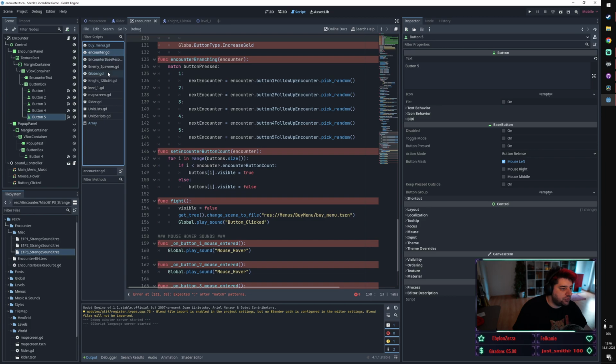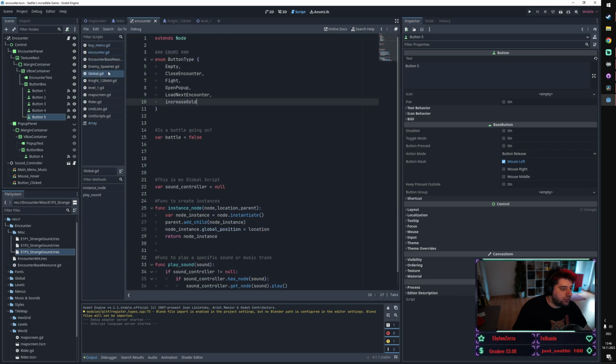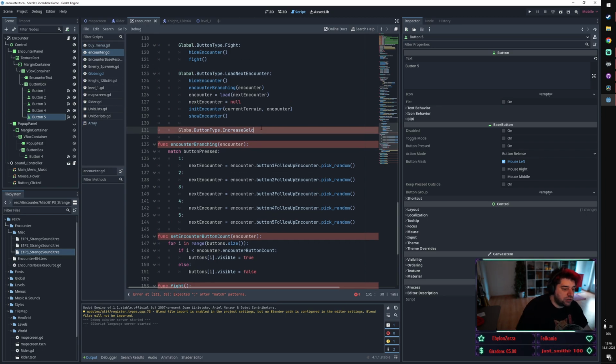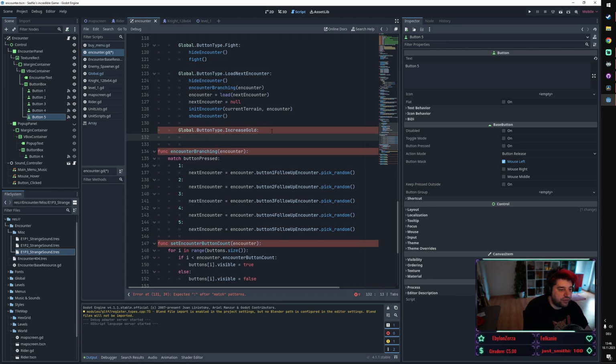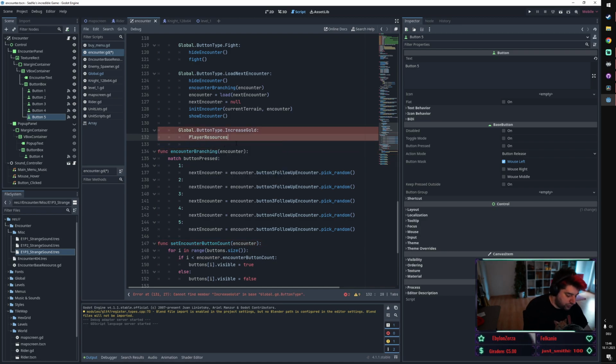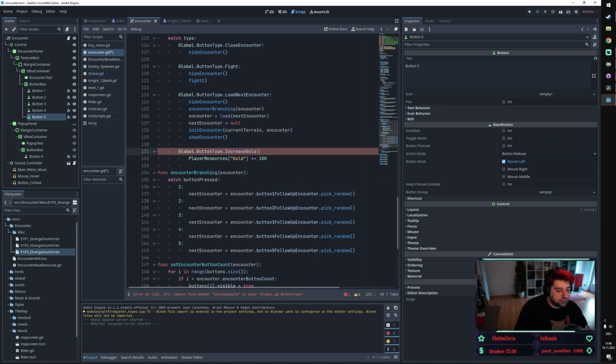So I have to go to global, increase gold is there, nice. And increase gold is here. And I have to type it correctly. Global button type increase gold. So if we find that, I want something to happen, and we may player resource. Yeah, player resource. I think it's gold. I'm not entirely sure, but you know, increase by 100 or whatever. So now we would increase our gold by 100, I guess, and